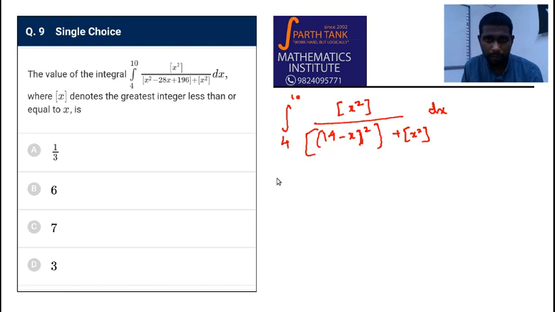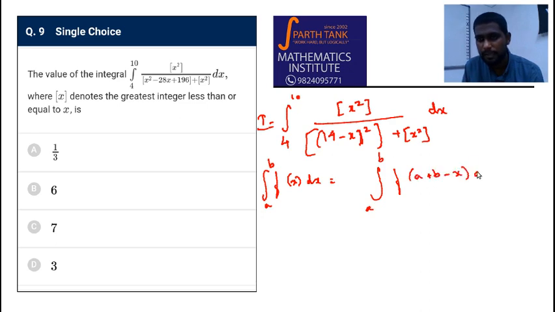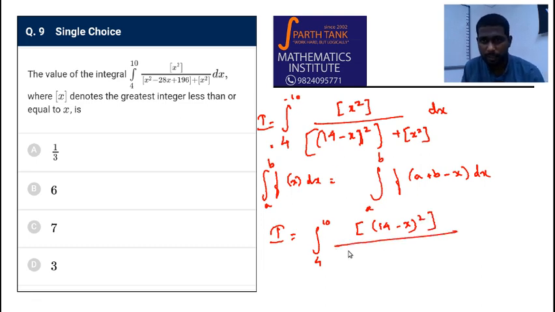And now of course you know integral a to b f of x dx is the same as, let's call this I, integral a to b f of (a plus b minus x) dx. So using this, this is a, let us say, for us, and this is b. The whole integral can be written again with a plus b, so that is 14. In the place of x you put 14 minus x. So here again it becomes (14 minus x) the whole square plus (14 minus x) the whole square dx. Now this is nothing but